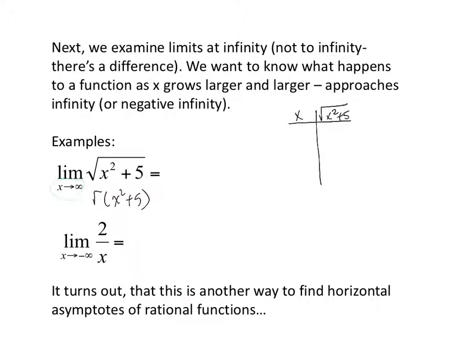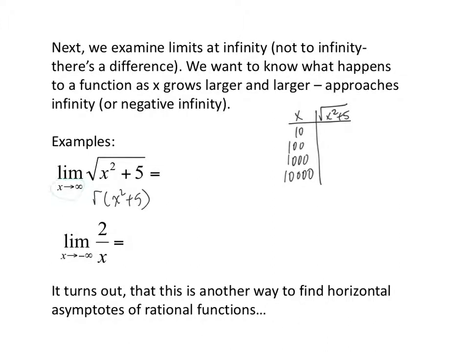And again, the sequence you create, it really doesn't matter what the numbers are, just as long as the numbers get large very quickly, so that we can get a feel for x approaching infinity. So I like to use, just because it's easy, 10, 100, 1,000, and 10,000. And then if I need to, I can add in 100,000 or whatever. So I'll give you a moment to grab your calculator. Go ahead and hit pause and put this into your calculator and fill out the rest of the table and then come back.